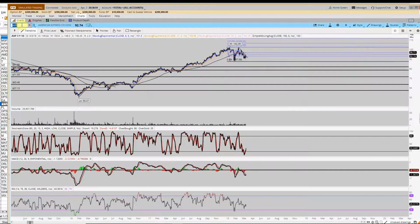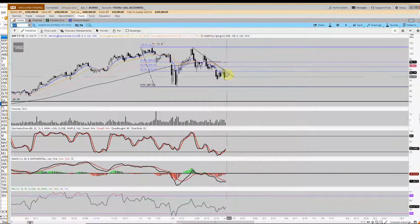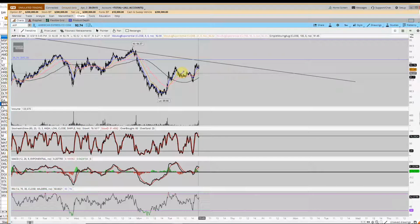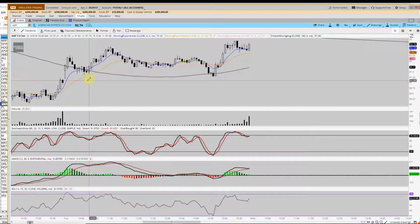Holdings, American Express also had an inside day candle. I had bought puts here on the 2nd early in the day. They were working really well. I thought American Express would come back down. Kind of funny price action in the middle of the day here. So this is where we opened at 9:30, closed above, kind of came down, went above this high, so we're making higher highs and higher lows, and then we kind of came back down